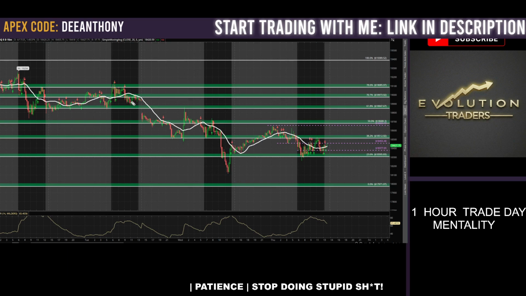With that being said, I've got some key areas of interest here where I'm finding rejection. I've got a key level here, a key level here, a key level here that is acting as supply, acting as rejection, whatever you want to call it. So I know that in order for me to really want to flip bull, where I'm looking a little bit more for long positions, I'm going to need to get over